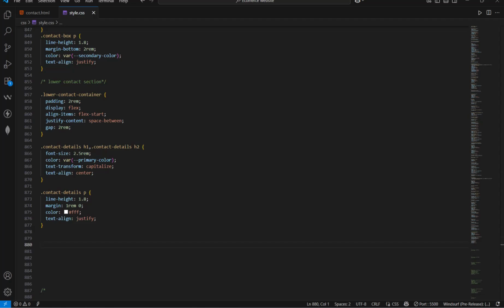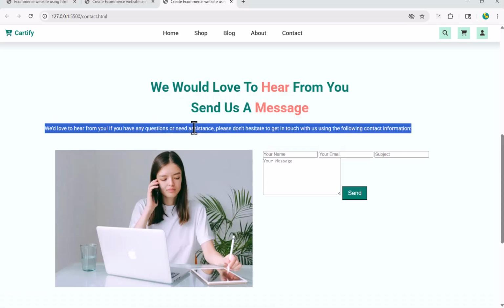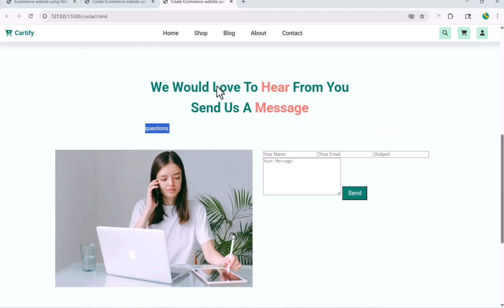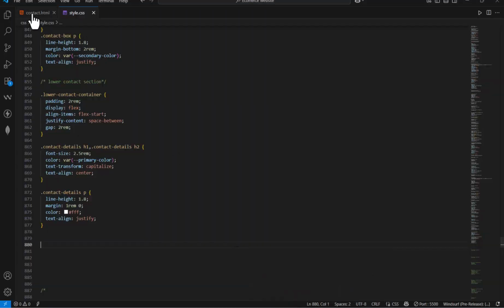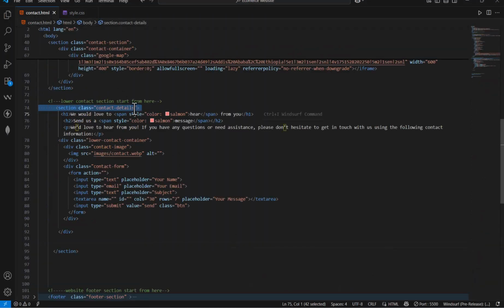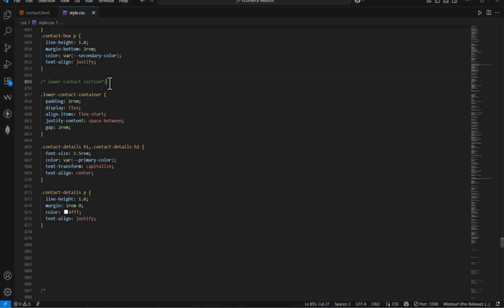Yep. Now what we are going to do is I'm just going to change the background color of this lower contact form. So to change the background color, what we are going to do is we are going to use this contact detail. And using this contact detail, I'm just going to add,